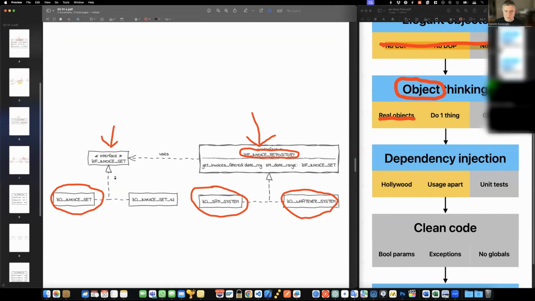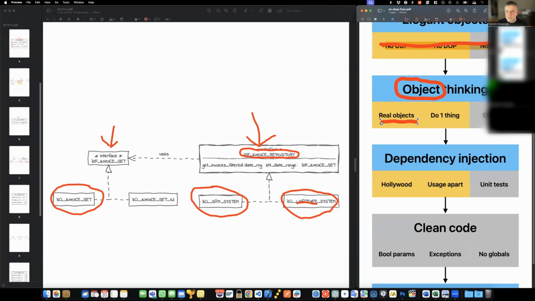preferably, not an internal table. It will return an interface. Then I can pull invoices from the other system once again, and then I get another set of invoices. See, instead of making up a non-existing object like invoice reader, I split my classes into more qualifiable, if that is a word, classes which have real-world correspondence. That's the key. Whenever you are creating a class, it should always, but always correspond to a real object in the physical or at least in a virtual world.